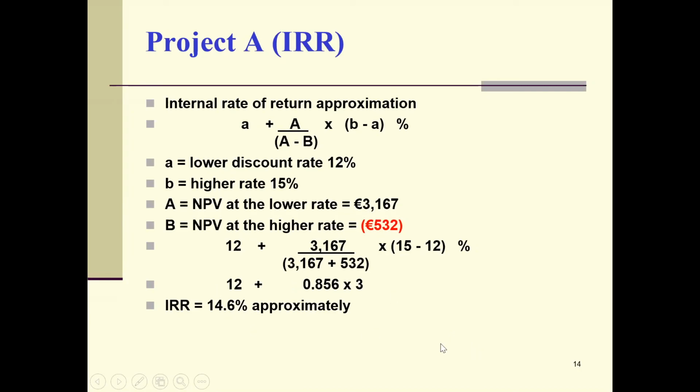Now, you may not have got the same answer. You may have tried 13%, got a positive NPV, or 14% got a positive NPV, or 18% got a negative NPV. I don't know. But the most important thing to understand is you just need 2 rates and 2 NPVs and input into a little approximation formula, and it'll give you an answer. Your answer should not be too far away from this. You might have got an answer 14.8 or 14.3. You may have even got 15 point something, I don't know, but it shouldn't be too far away from 14.5% or so. And if your answer is reasonably close to that, then